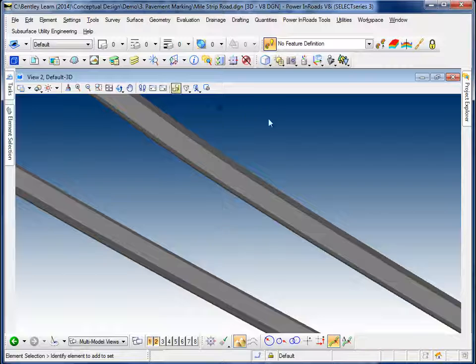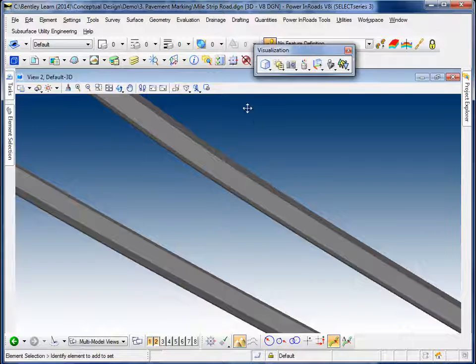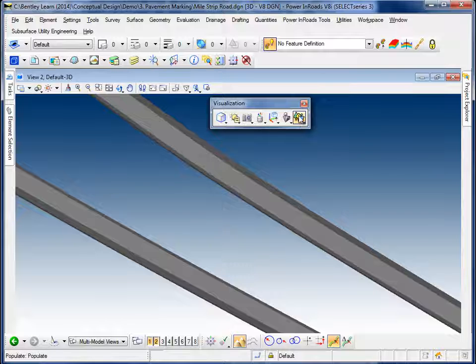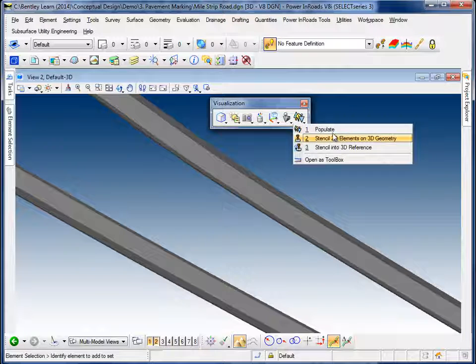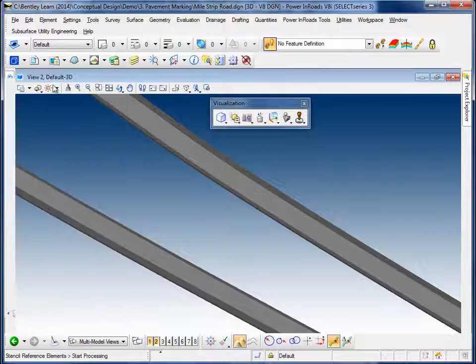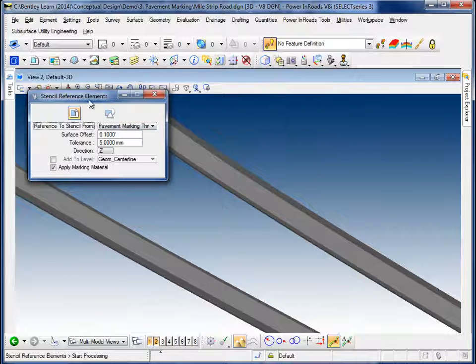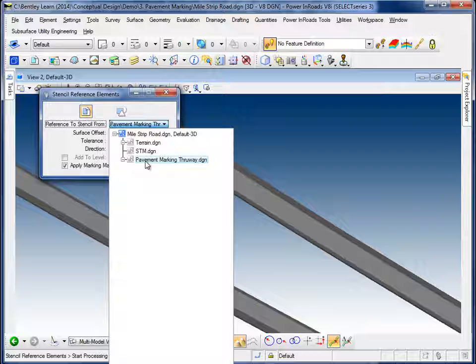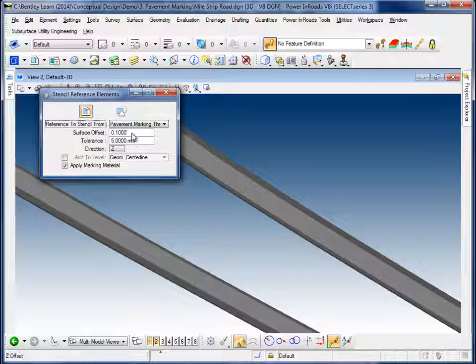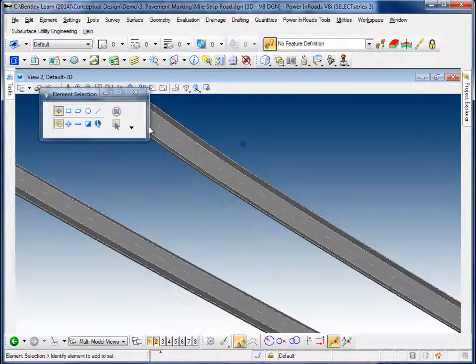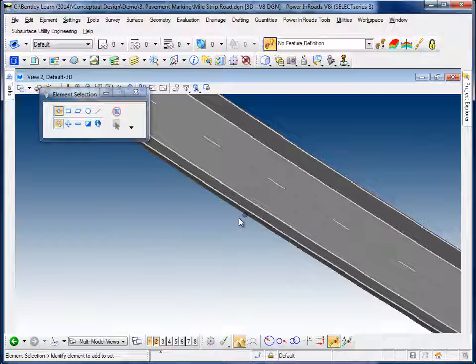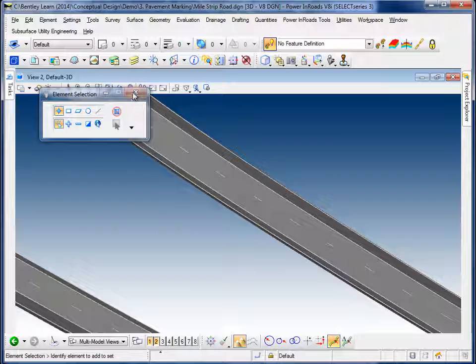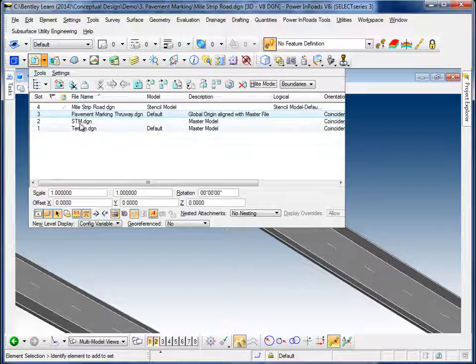Let's do that again. If I want to drape those, you can see here I've got a toolbox open with some of the visualization tools, and one of them under the populate icon is stencil 2D elements on 3D geometry. So let's open this up so that we can see what we're doing. What it allows you to do is select the reference file that you want to use. You want to give a slight surface offset so it's raised above the mesh, and then basically you just hit a data point, and if we zoom in, you'll see that our striping has been draped, and of course this will look good if we've got any kind of